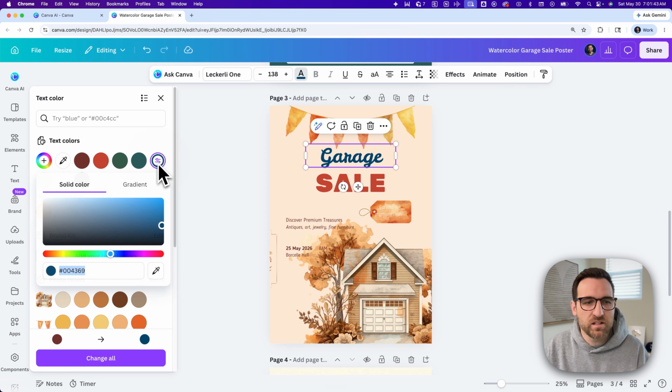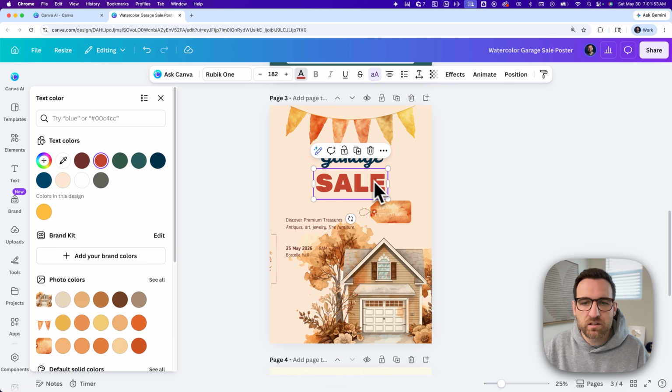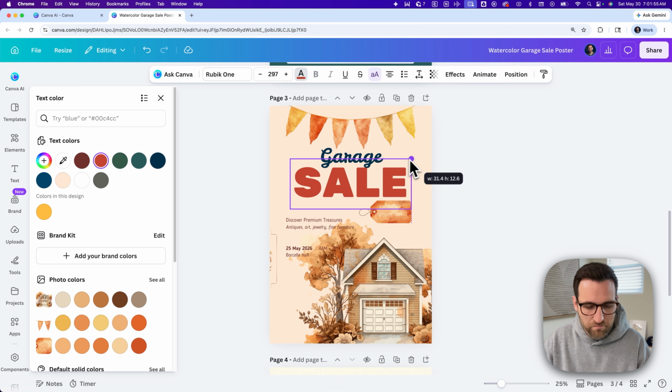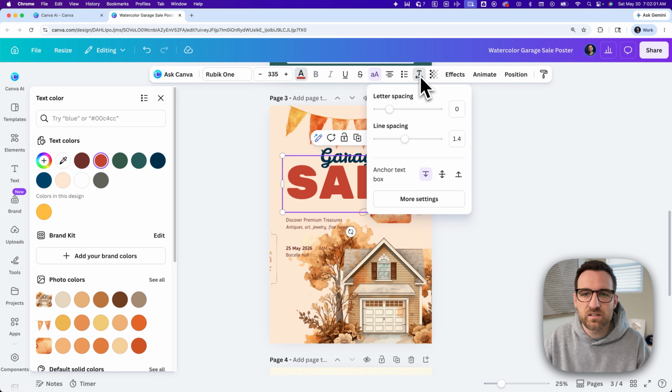Something like that, and I can tap on it or click on it and actually make it a little bit darker than that. So it's almost black, and then it's like a really deep navy blue. So I want these two to kind of interact with each other, so I'm going to make this one a lot bigger, holding that Alt or Option. I'm going to tighten up the spacing between there. I can go to these advanced text settings, kind of tighten up that letter spacing a little bit, and then